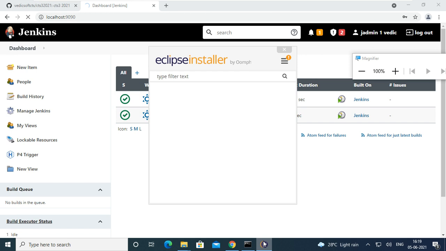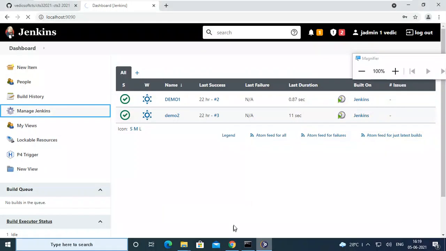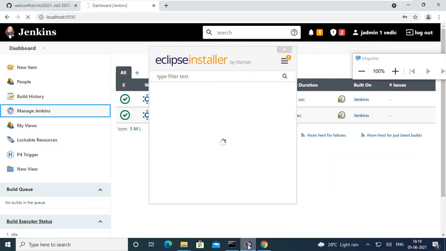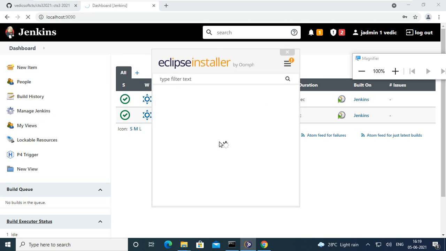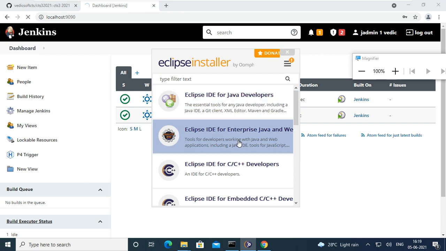This morning I installed some plugins. As for which plugins: either Java developer, or enterprise Java and web application.